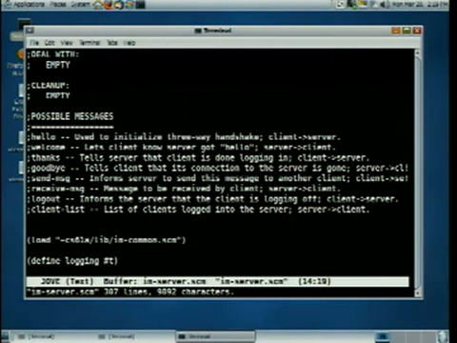Everything that's 128.32 dot something is a computer in the EECS department at Berkeley. So we own 128.32, which is 2 to the 16th addresses. 2 to the 16th is 65,000 and some odd. So that's a block of 65,000 addresses that we own.